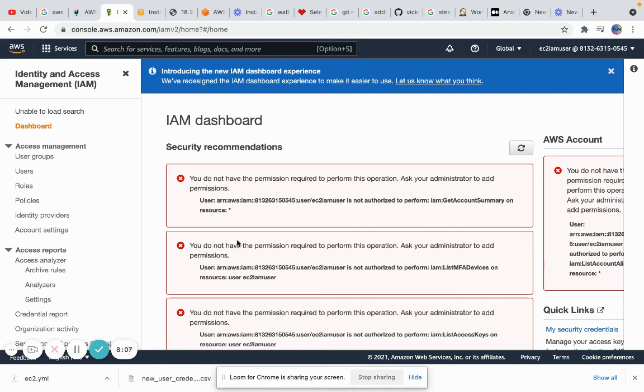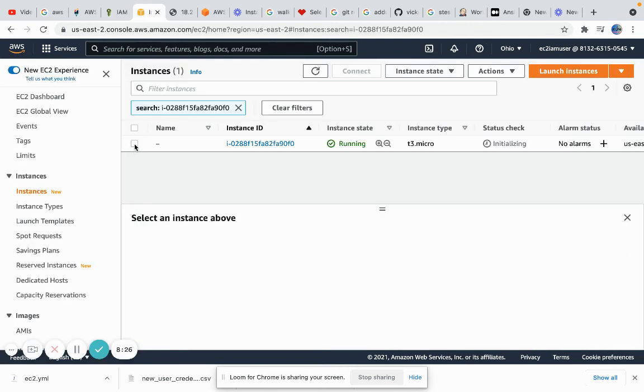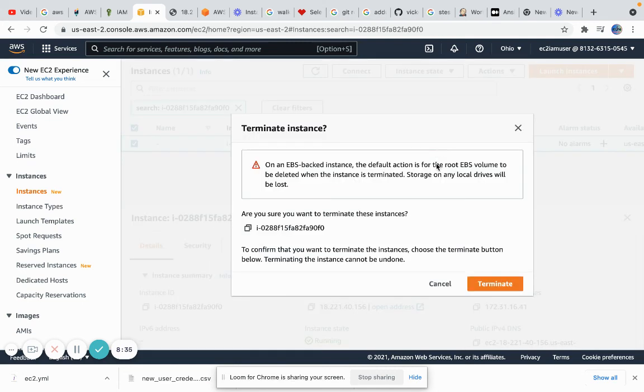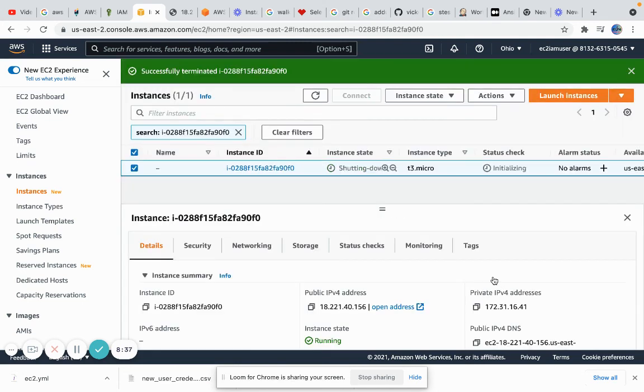Basically you are not giving access to that particular user, you are giving access to the group, and you are assigning the user to that group so that he will get all the group permissions. Let's try to terminate this instance as well, because I'm still an EC2 user and I have 100% EC2 permissions. Let's see if I am able to terminate this instance.